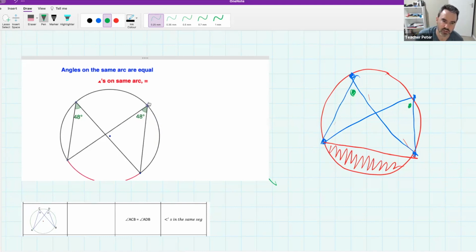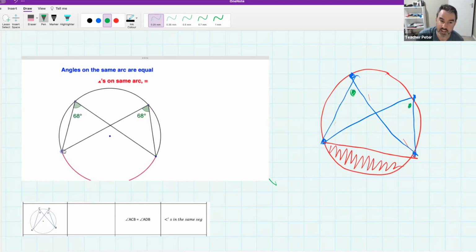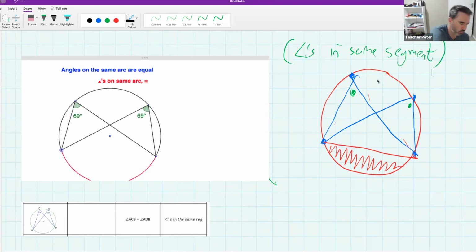Basically, it is possible to have a cyclic quad that looks like a butterfly. And in that butterfly, the angles at the top of the two wings will be equal. We call this theorem angles in the same segment, or angles on the same arc. And that will be what we talk about in the next lesson. All right,